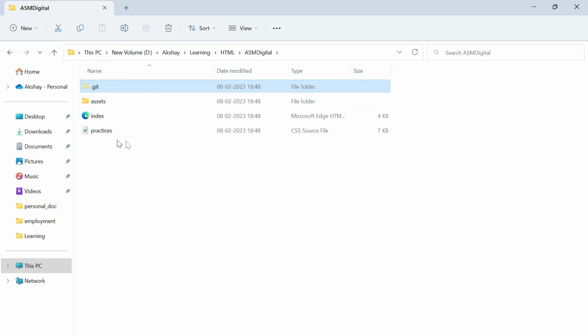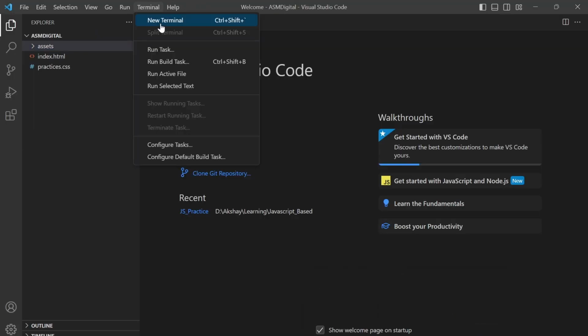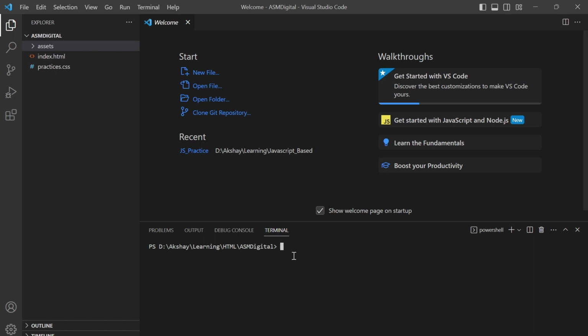This is the local configuration, and don't change anything here unless you know the things. Don't change anything in the Git configuration. This is one thing related to .git. It is created by default by the Git software, where all the properties are maintained. I will go to that folder again in Visual Studio Code.